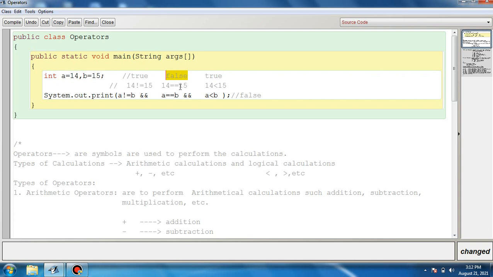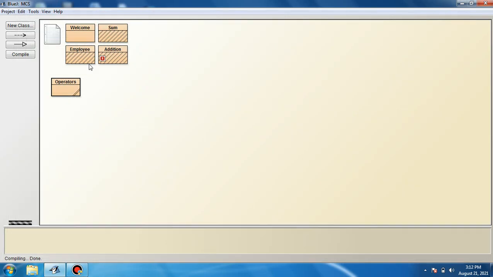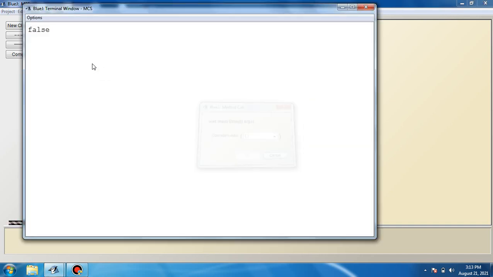To make it true, what we can do is change the symbol here. First of all, let me show you practically that it will result in false. Why will it result in false? Because all three of these expressions, or relational expressions, must result in true. Then this logical AND will result in true value, otherwise false. So you can see one is false, so the ultimate final resultant will be false again. Look here, false.